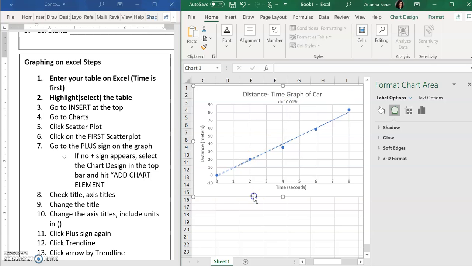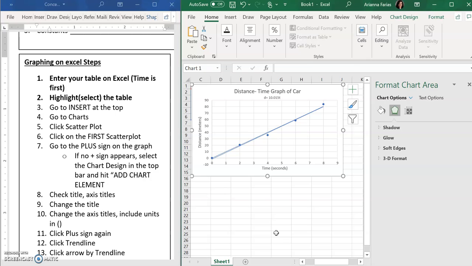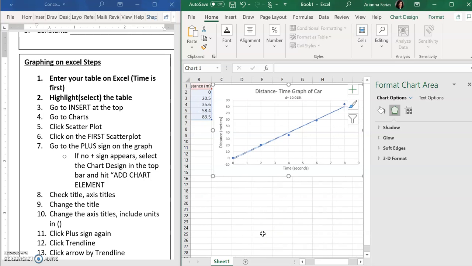Now I can give this person full points. This is a perfect graph right here. So anytime you're thinking, oh, I'm not sure what I need for a perfect graph, come back, watch this video again, do the graph with me,